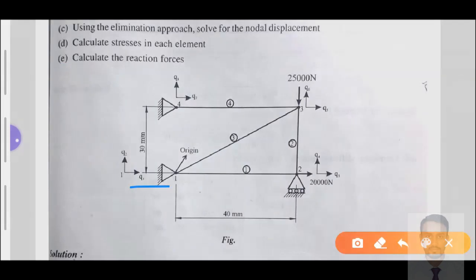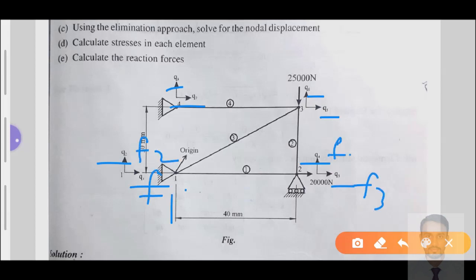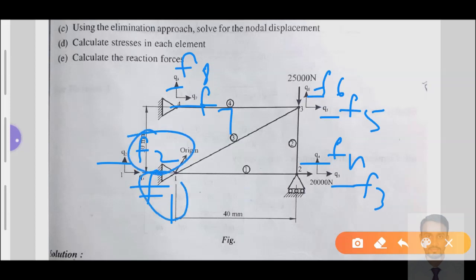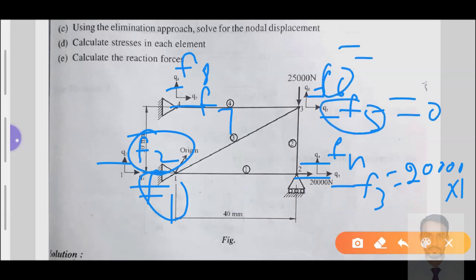F1 and F2 are equal to 0. F3 is equal to plus 20,000 Newton, and F5 is equal to 0. F6 is equal to minus, vertically downward,